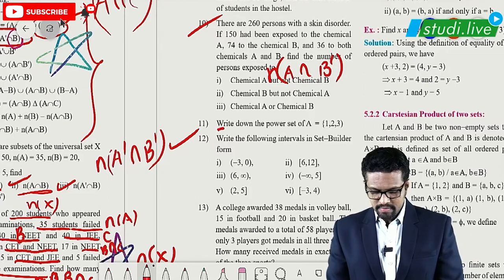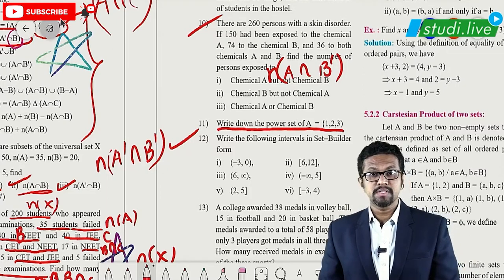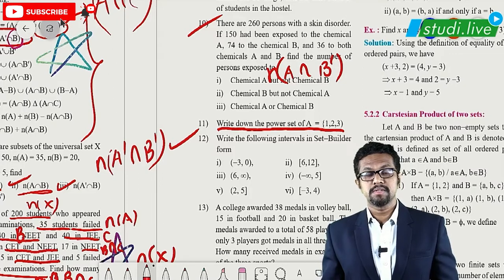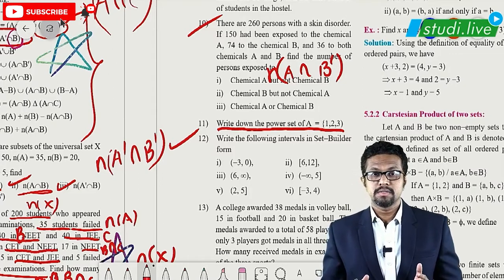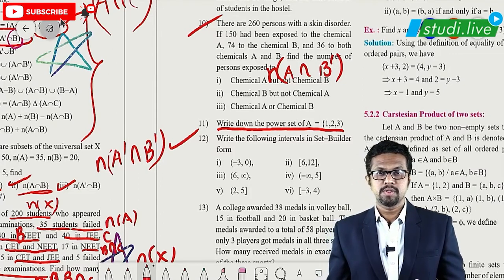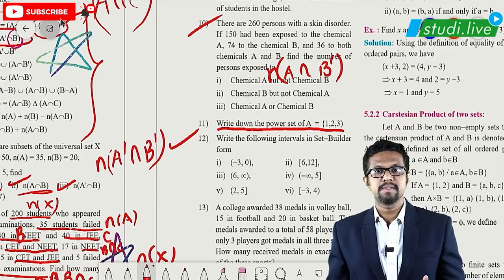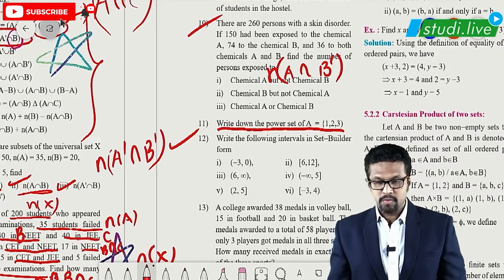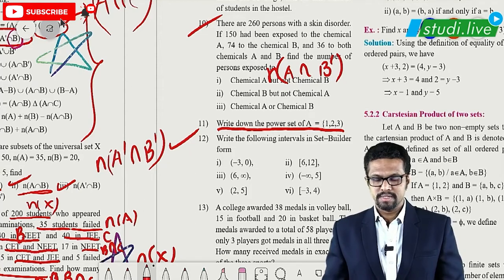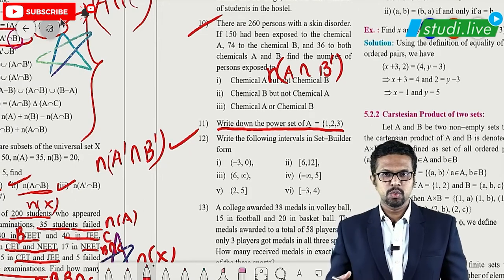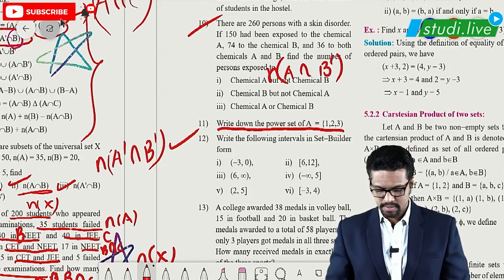So next we have this question which is finding the power set. So again, power set, it is the number of subsets, okay, all the subsets which are possible for set A contained in a set, that will be the power set. So for 1, 2, 3, I have already given an example in the same video, okay, so you can just go through it. It will contain totally 8 elements, okay.